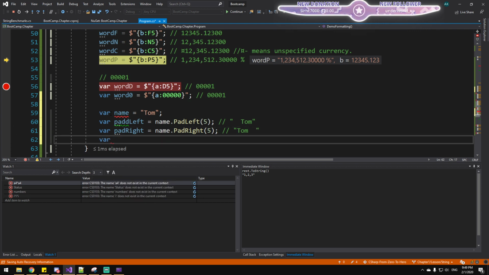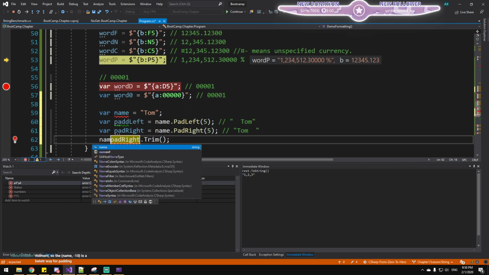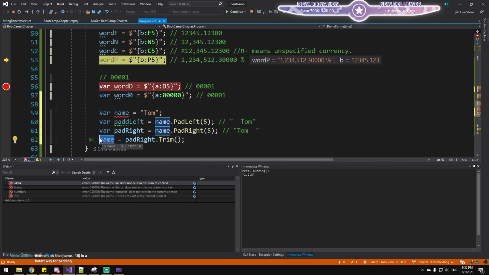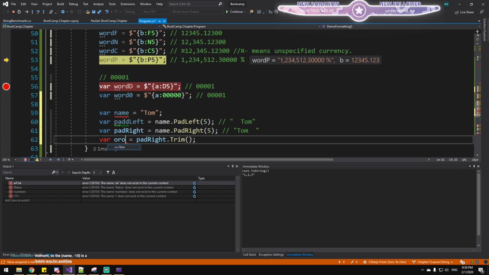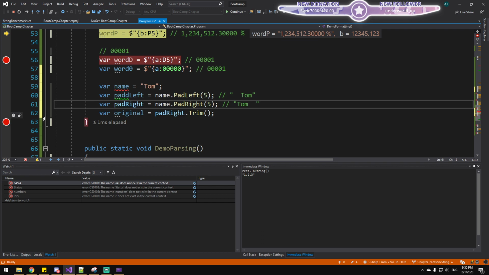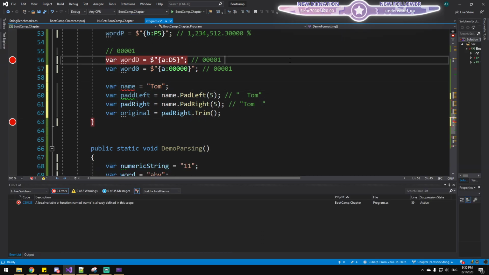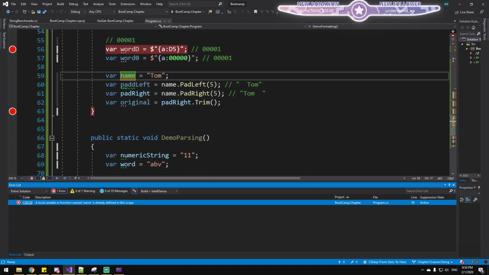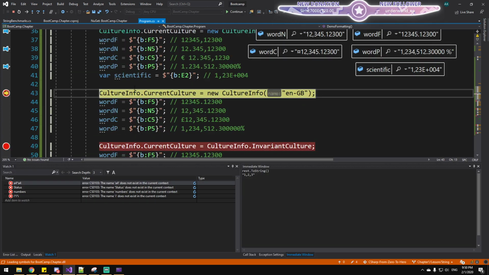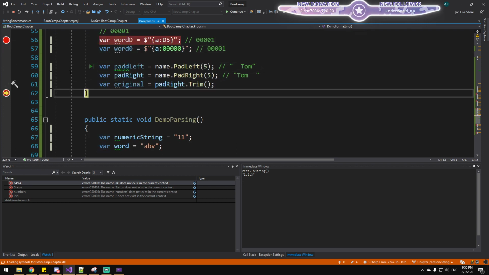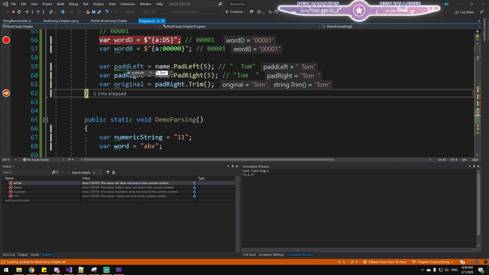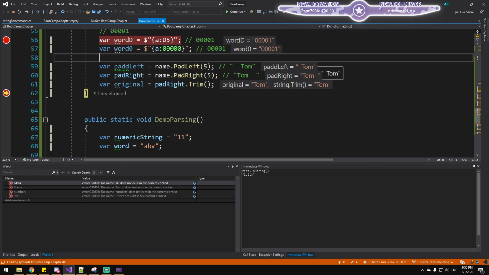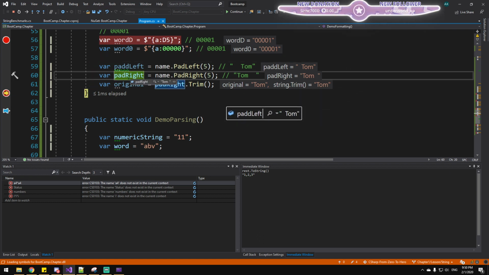And if I want to go back, I can do pad right and trim. So if I want to return to the original name, well, that's silly because it's already there. Var original. Oops. I can do this. So if we go through it, sure, I'll run again. Name is already there, and Tom as well, so might as well remove. So you see, we initially, really hard to see, right? But I guess I'll pin. You can clearly see the two spaces in front and the two spaces after. And the original,